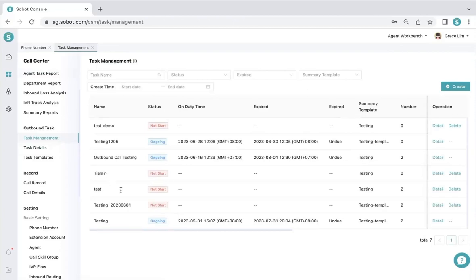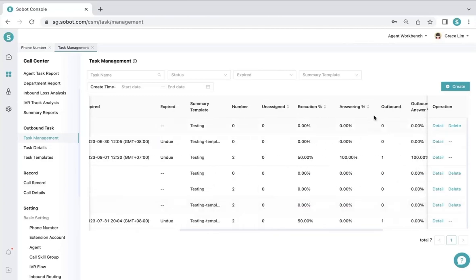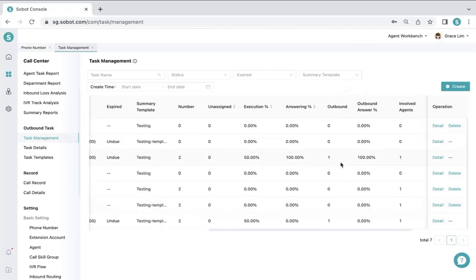In the task created today, to see the execution status, whether not start, ongoing, or other status that already finished, how many numbers we have in the task, what is the execution rate, answering rate,